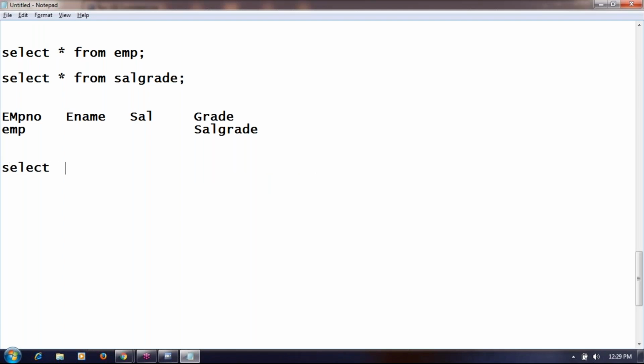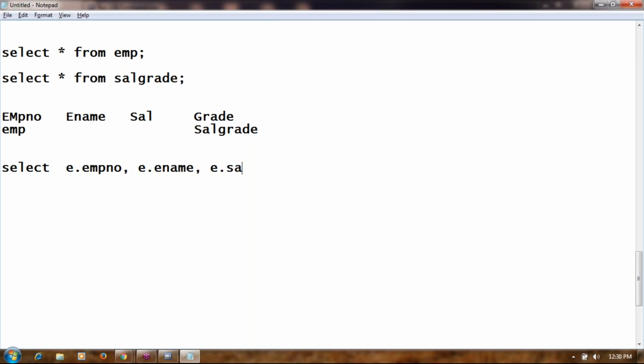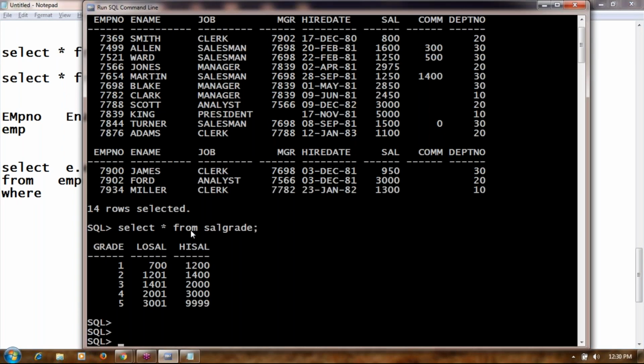Select e dot employee number, e dot employee name, e dot salary, s dot grade. 4 columns from 2 tables. From EMP with table alias e, sal grade with table alias s. Where, how can you decide that Miller 1300 is a grade 2 employee?